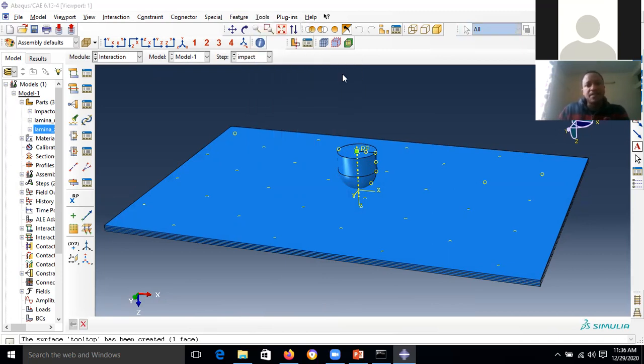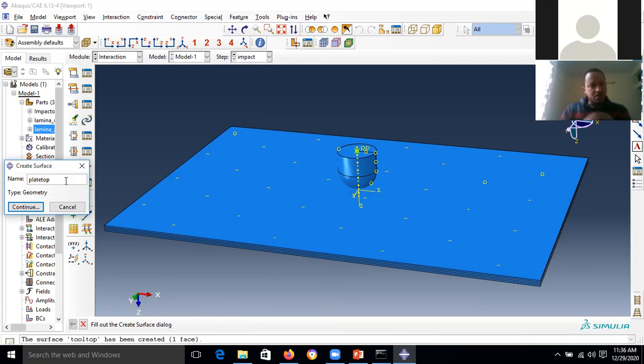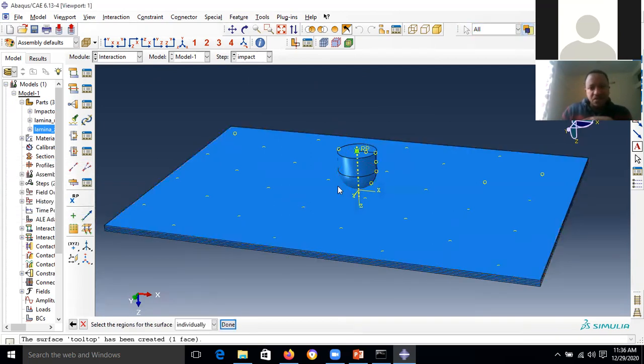Tools, surface, create, then plate top. So the plate top surface is this surface. This surface will make contact with the impactor, so that is done. Two surfaces are now created. So let me go back to the